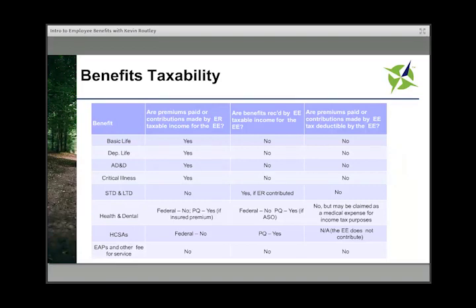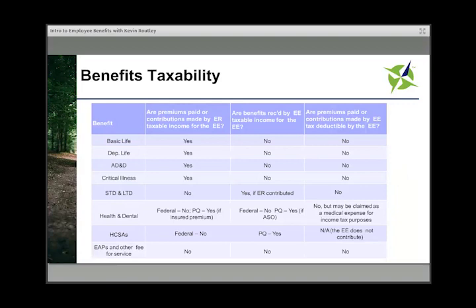Healthcare spending accounts are not taxable income for the employee. Now the health and dental program, federally, they are not a taxable benefit. Although we have heard the Trudeau government speaking about taxing health and dental programs. We hope this doesn't come to fruition, but it is something that they have been talking about with regularity.